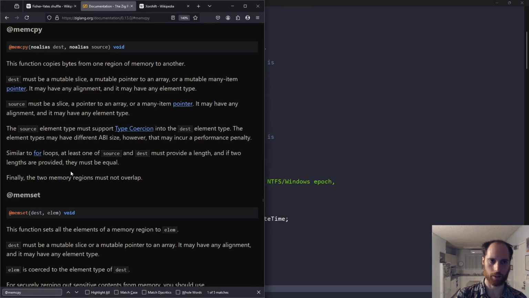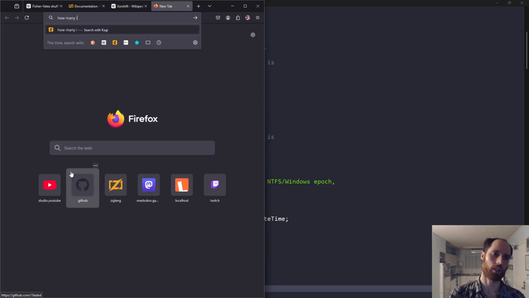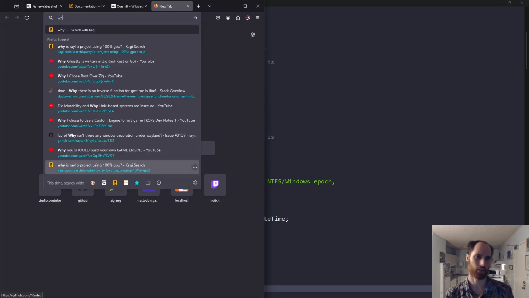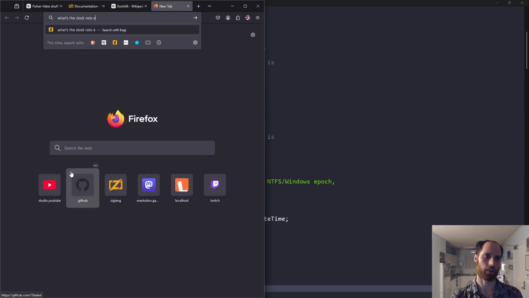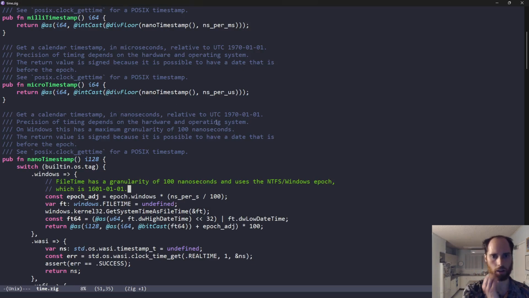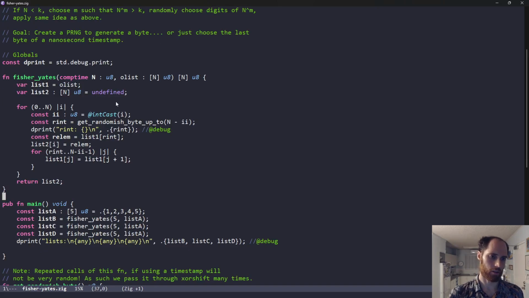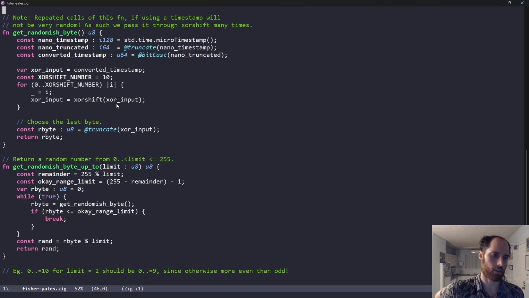Let's just see how many instructions modern CPUs, or what's the clock rate of modern CPUs? Yeah, I can totally see that with a granularity of 100, Zig has